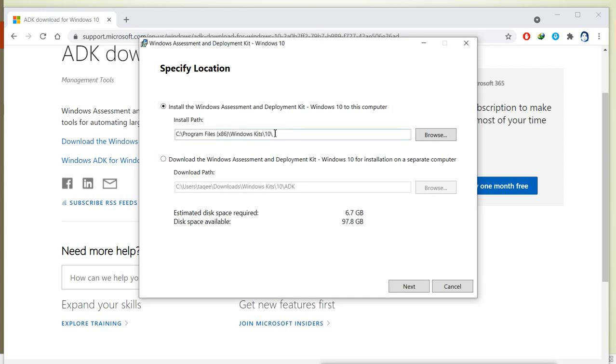But suppose I don't want to download it every time, because if I use all the tools, it will go up to 4 GB. So I don't want to do it directly online all the time. Then what I can do is make it offline. I can select this option, so I can say download this Assessment and Deployment Kit, and I will decide whether I want to install it or not.